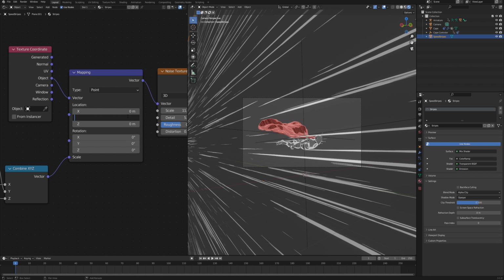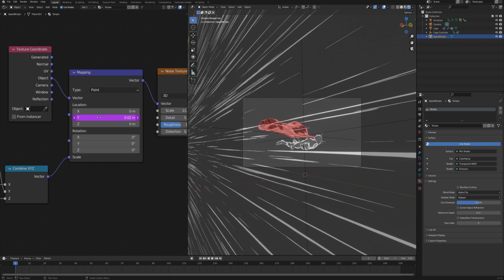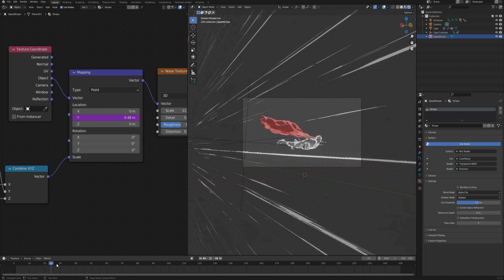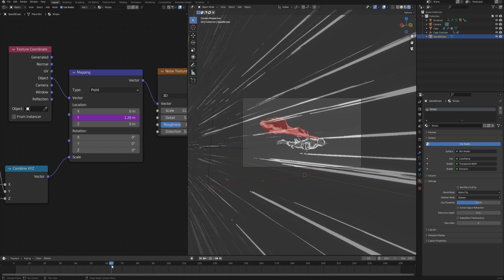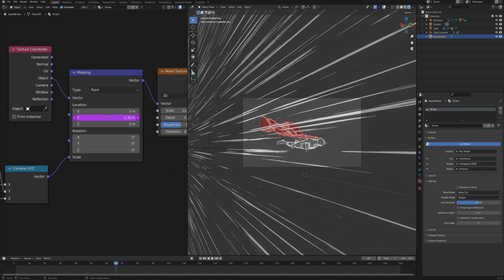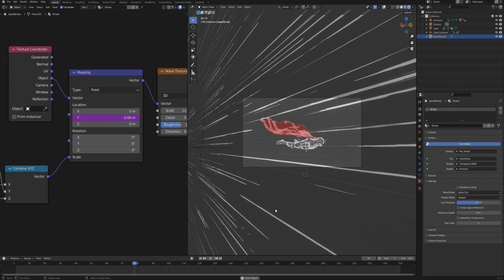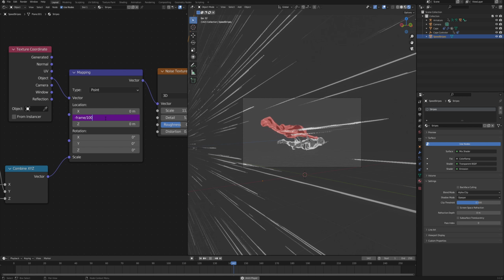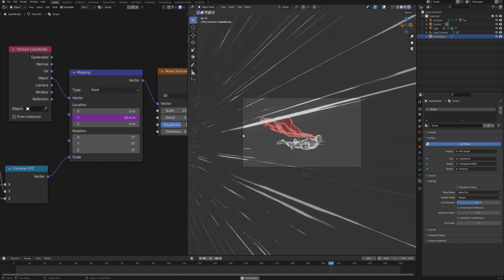So type in a hashtag frame and then divide it by, let's say, 50, which is gonna alter the value here based on the current frame of the animation. So you can see as we scrub through, then it's moving, but it's moving in the wrong direction. So all we need to do is just add a minus at the beginning, and then if you want the stripes to move faster or slower, you just need to change this number. The bigger the division is, the slower the stripes will fly. So with like 100, you can still see it flying, and then like 10, it's going super fast.